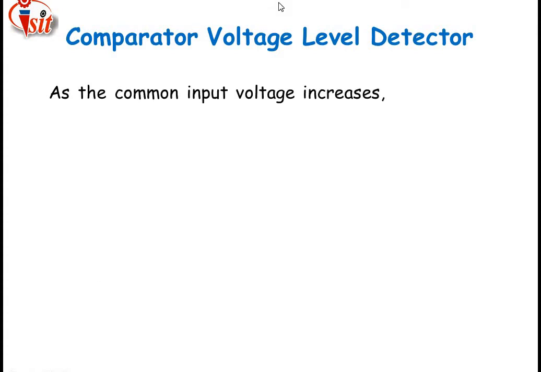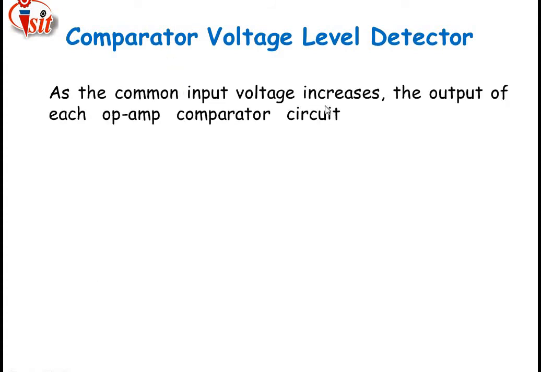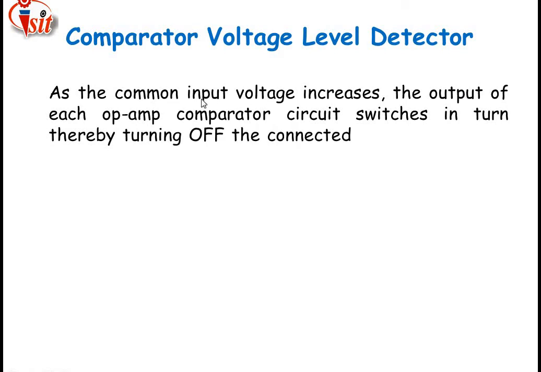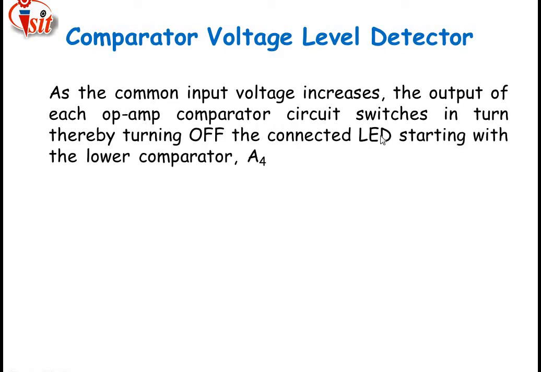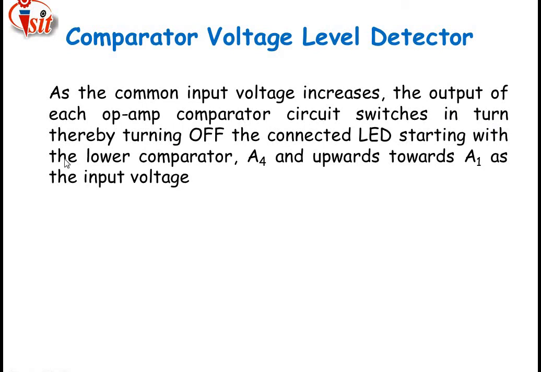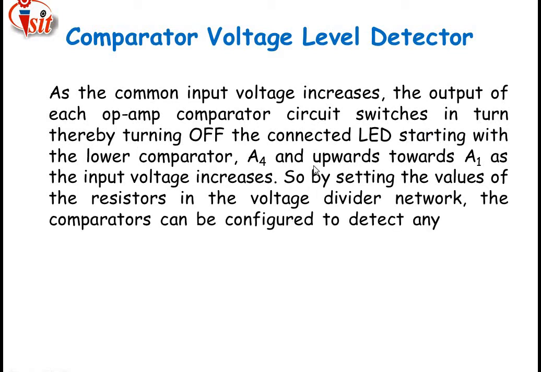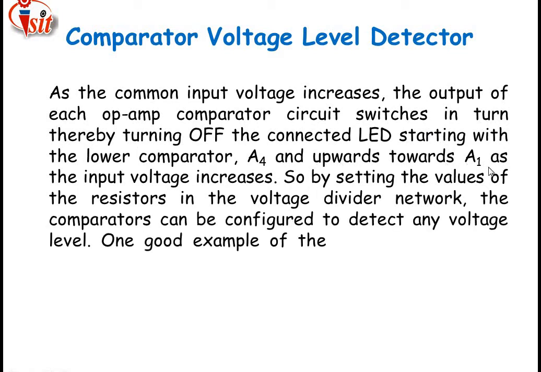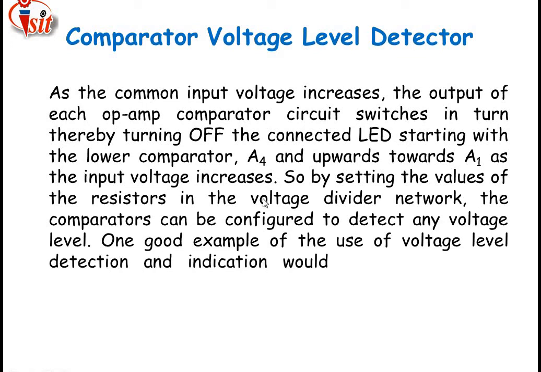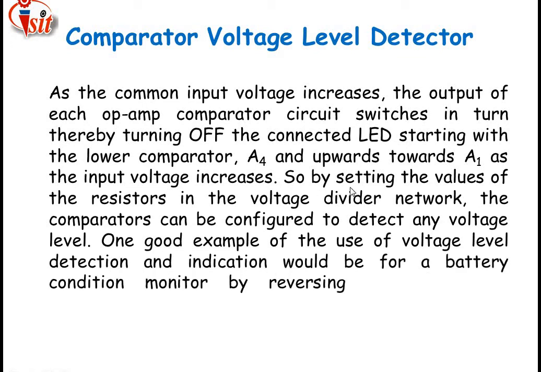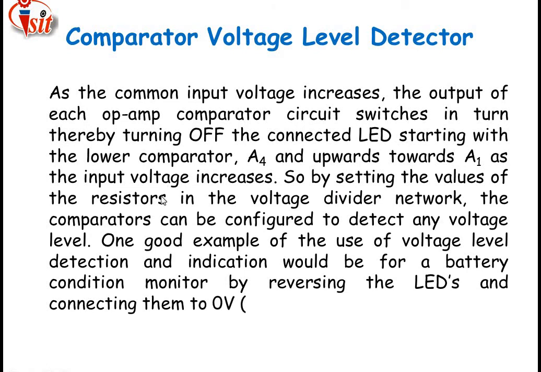Along with this, as the common input voltage increases, the output of each op-amp comparator circuit switches in turn, thereby turning off the connected LED, starting with the lower comparator A4 and moving upwards towards A1 as the input voltage increases. So, by setting the values of the resistors in the voltage divider network, the comparators can be configured to detect